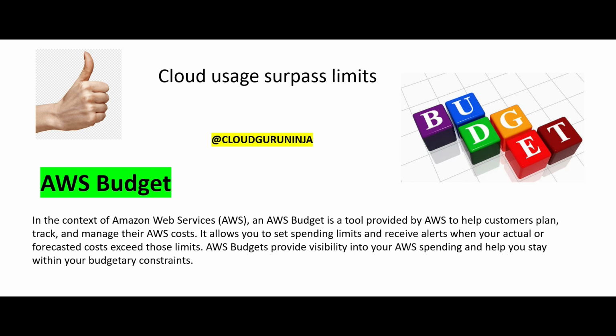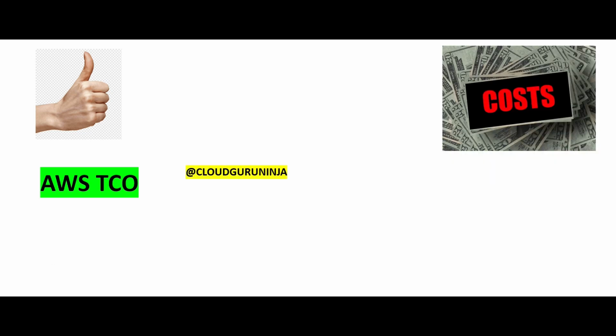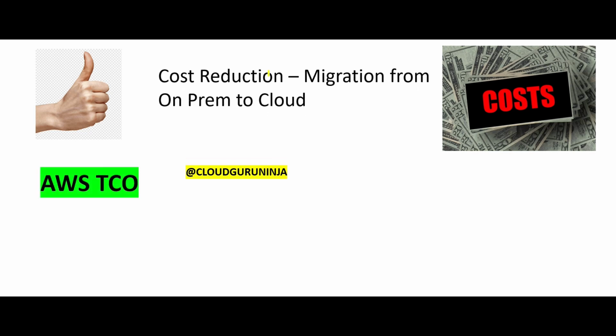So here also you create a budget using AWS Budgets, and how much you plan to spend, like how much on EC2 instances, how much on databases like RDS, Redshift, and so on. Again, I would like to also include TCO. Why? Because there is one more question that comes where they say, I am doing a move from my on-premises to cloud. So what should I do for cost reduction?